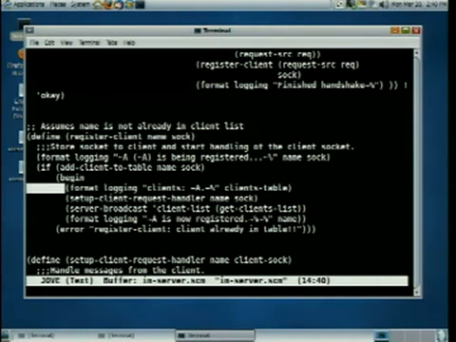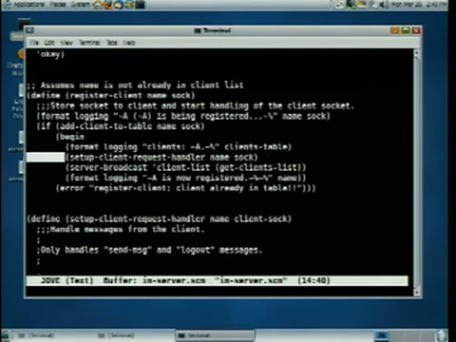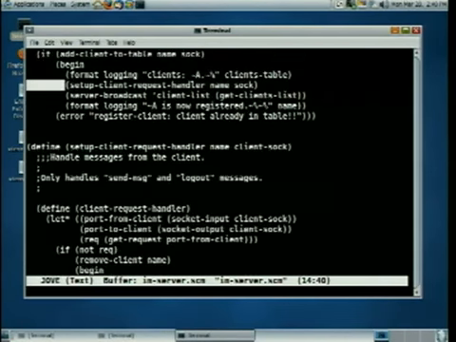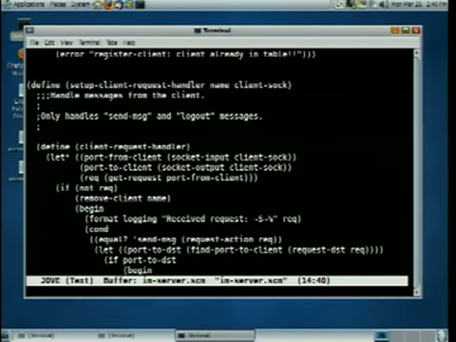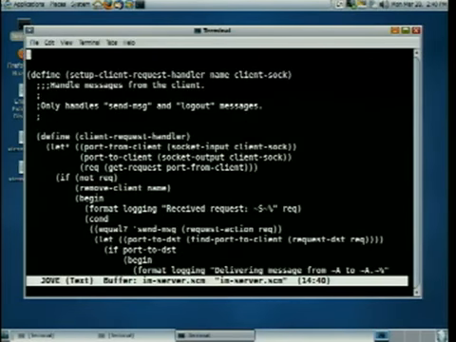And then we call setup client request handler name socket. So let's look at setup client request handler. This is all part of what happens when you IM enroll. This is what the server is doing on your behalf. So here's setup client request handler name client socket.